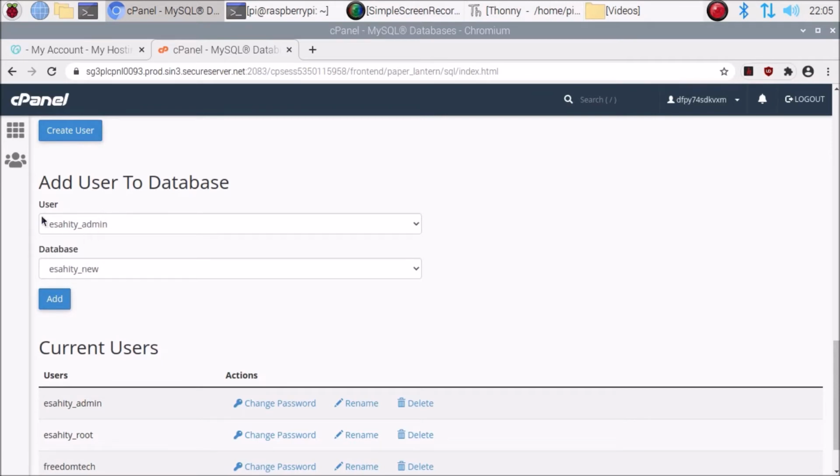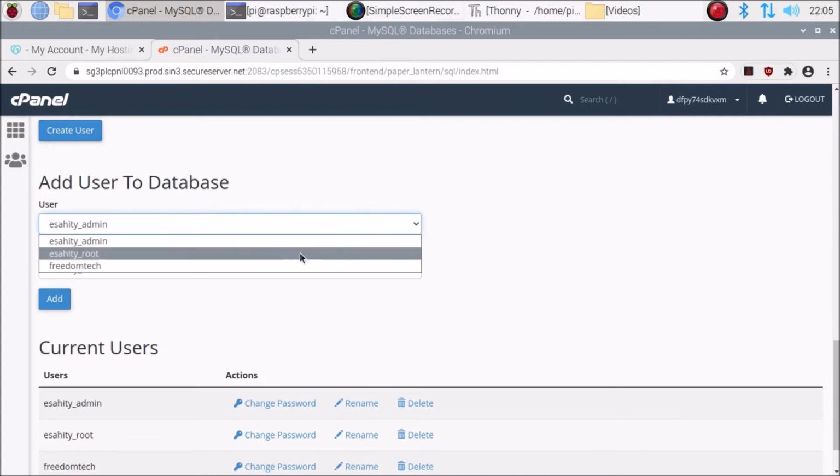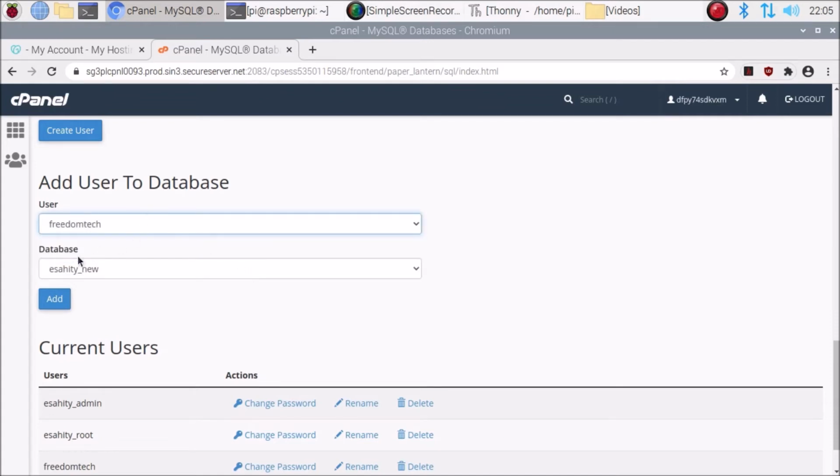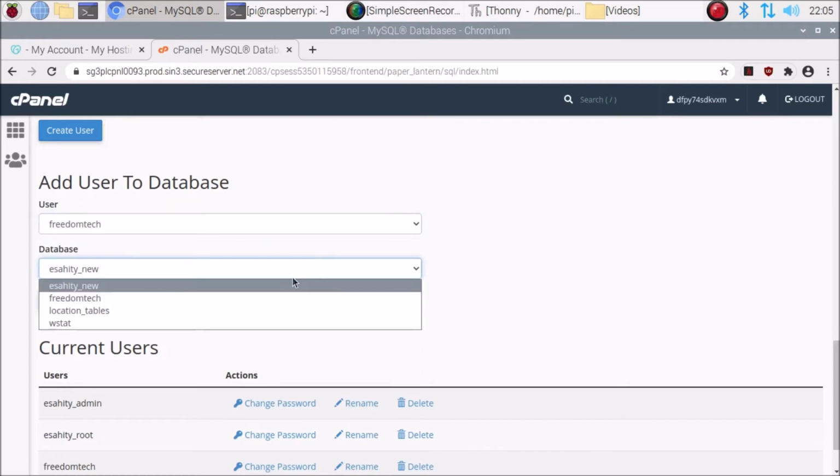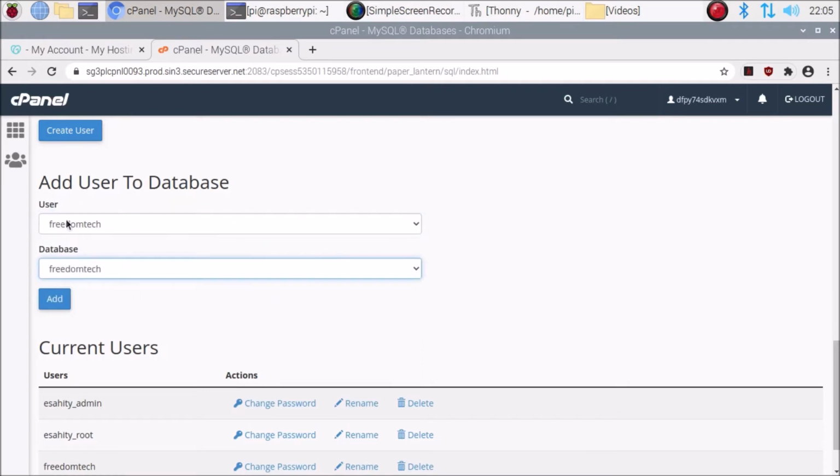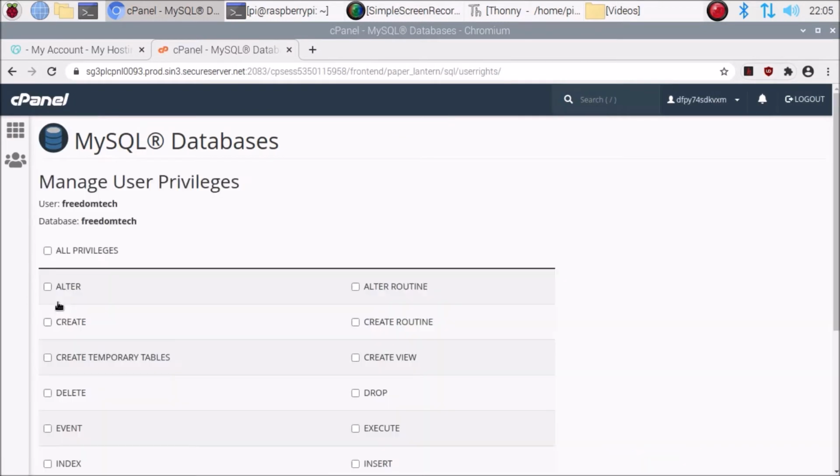So simply in the user section we need to select the user which we just created. I have created Freedom Tech as a user and Freedom Tech as a database. Now simply click on the add button. It will add our Freedom Tech user to our Freedom Tech database.